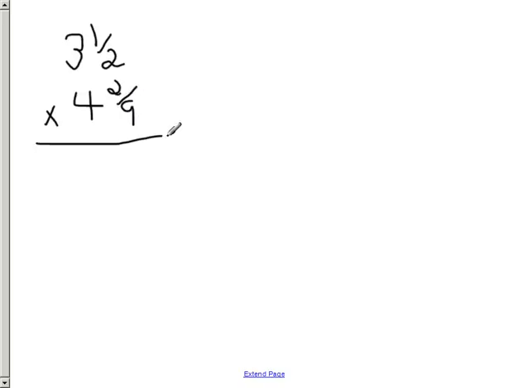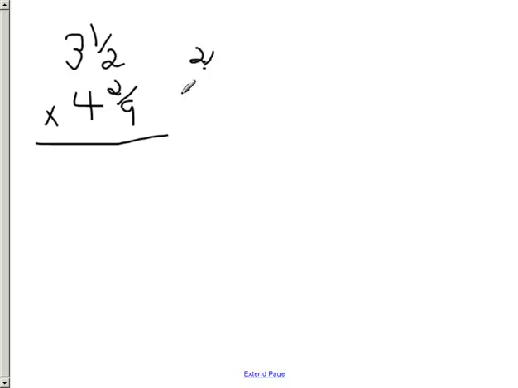So I'm going to use my pen to do another example for you. And this time my problem is 3 and 1/2. I'm going to multiply it by 4 and 2/9. So first I'm going to use the partial product method, and I would need to multiply 2/9 times 1/2, 2/9 times 3. So I'd be distributing